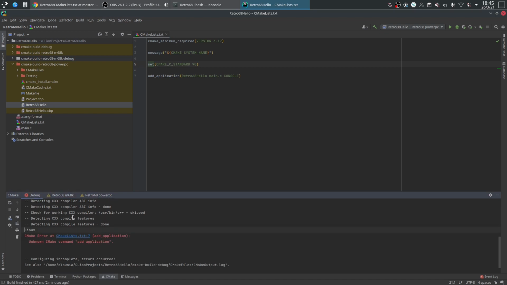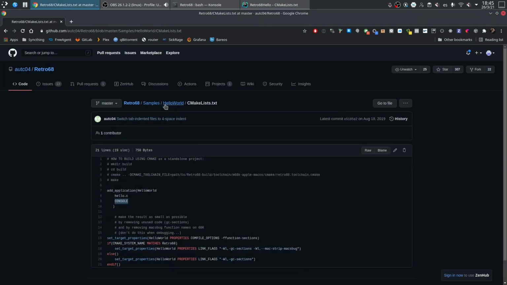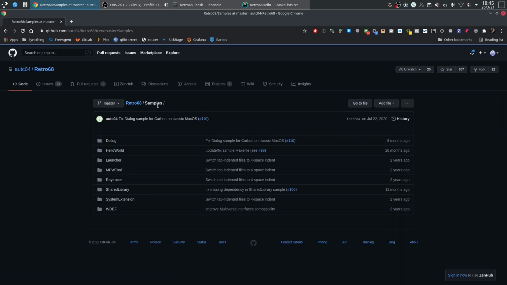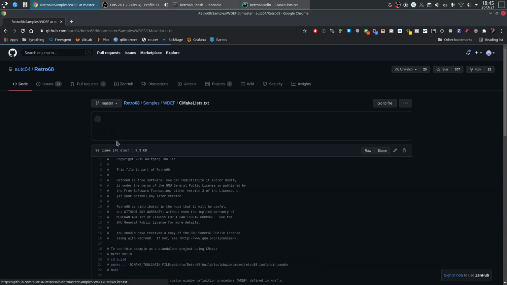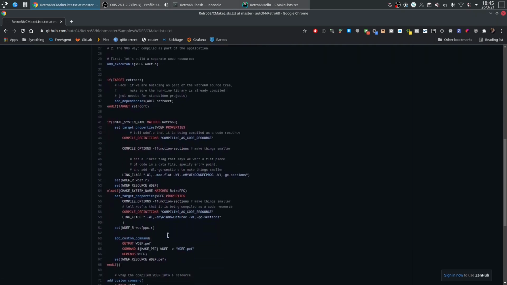Okay, so now you see the CMake for Linux is failing because it doesn't recognize that application. What I do on bigger projects is, when I detect that it's Retro68, instead of declaring a project I use the add_application, and in the samples folder you have many more samples on how to add a window definition, how to use a resource, compile a resource, and more complex examples here.